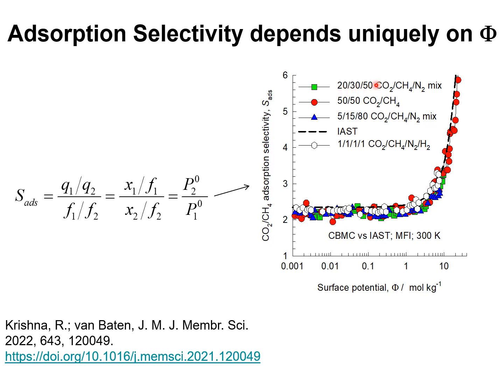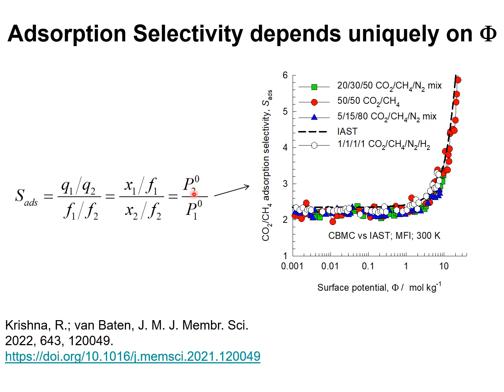a 20-30-50 CO2 methane nitrogen ternary mixture, a 5-15-80 ternary mixture of CO2 methane and nitrogen, and a quaternary mixture of CO2 methane nitrogen hydrogen that is equimolar. For all 4 mixtures, the adsorption selectivity of the CO2 methane pair is uniquely determined by the